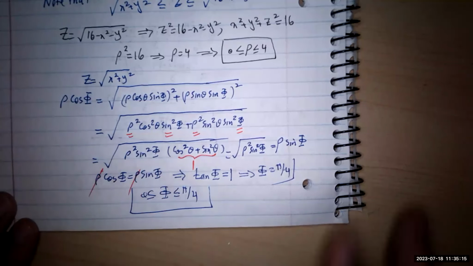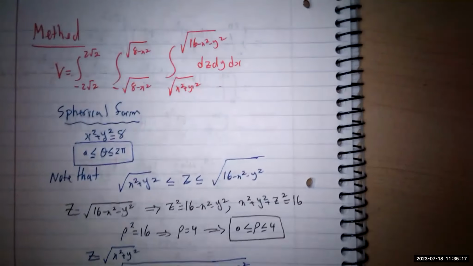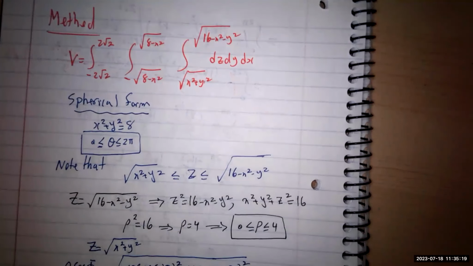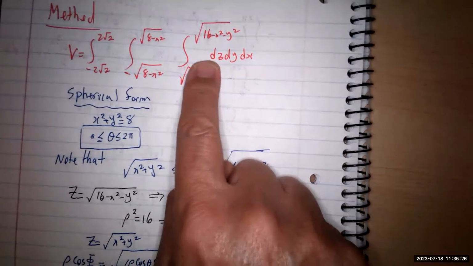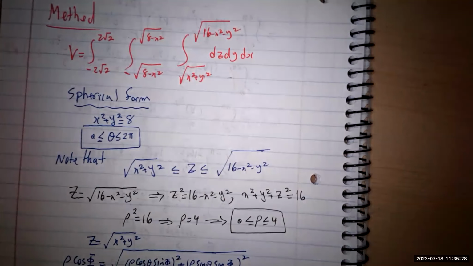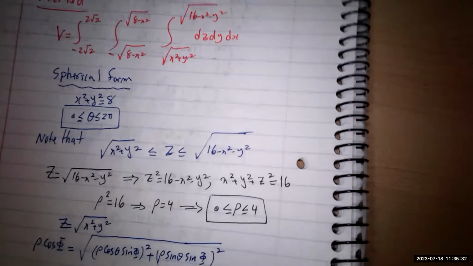So you go back, this is your integral. When you change it to spherical coordinates, you know that there's going to be a special extra term, the Jacobian, which is rho squared sine of phi. And then you'll be able to integrate. Okay, so I'm going to set up the integral. There you are. So the volume is going to be equal to